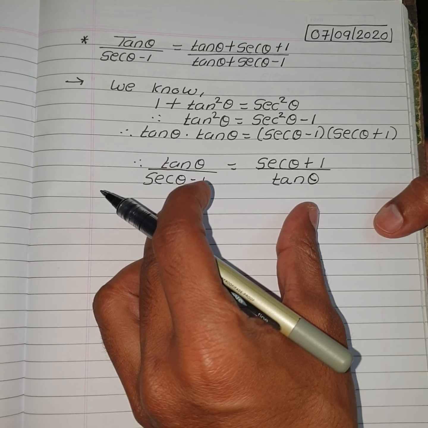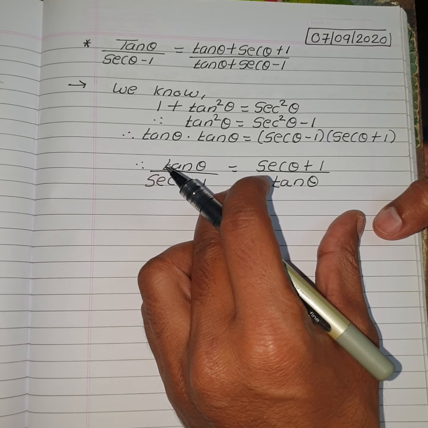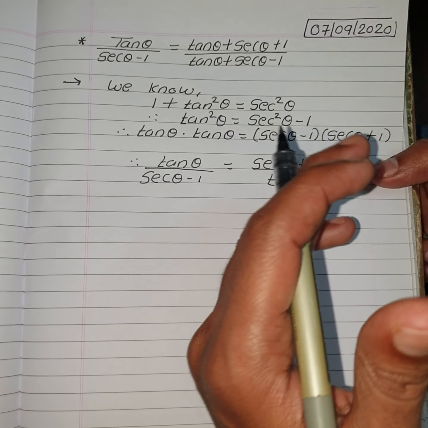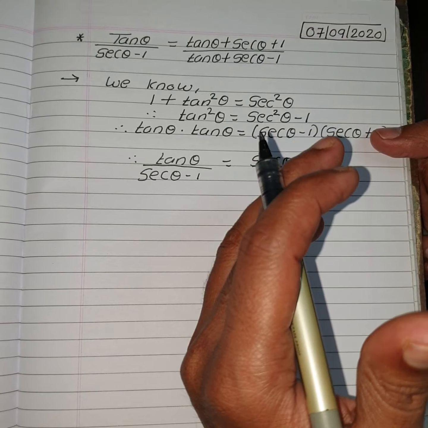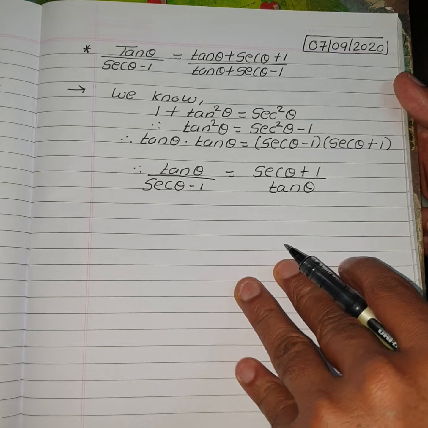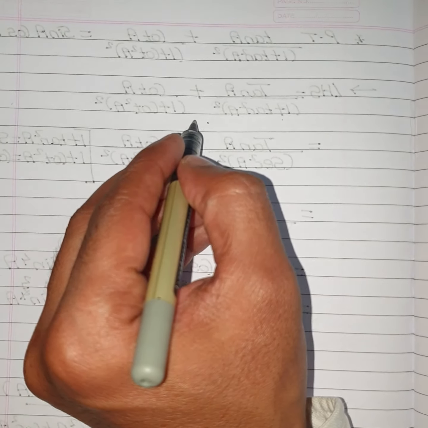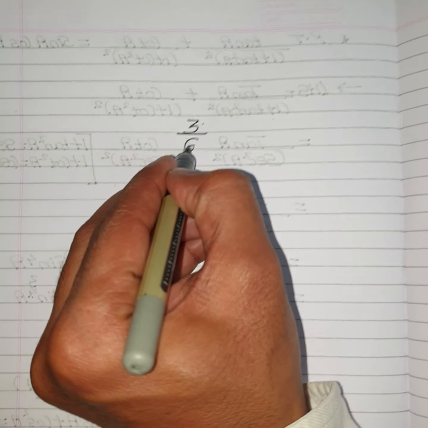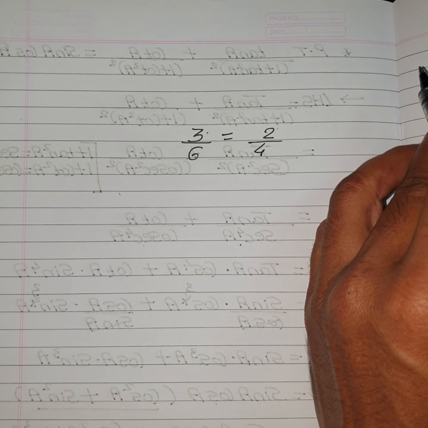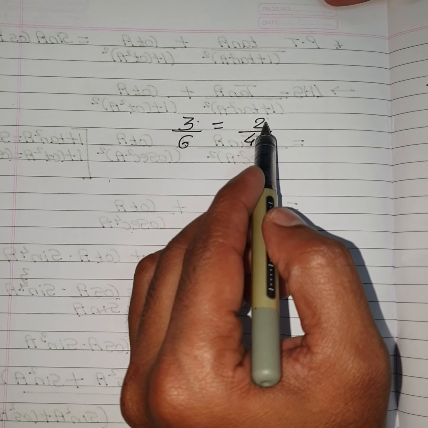When there are two equal ratios, we can add those two ratios or we can subtract those two ratios, and the resulting new ratio which we get is equal to the given two ratios. Now it is a little bit difficult to understand, so let's take one example. Suppose I am considering two equal ratios. Now are these two ratios equal? Yes. How to identify whether the two ratios are equal? Cross multiply. 3 4s are 12, 6 2s are 12.